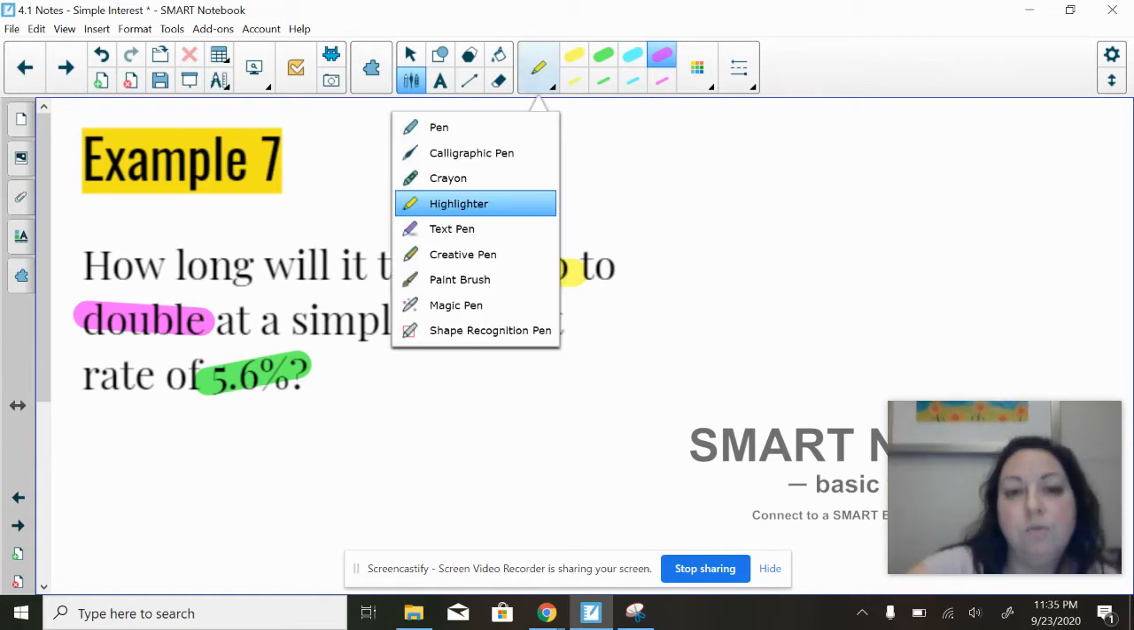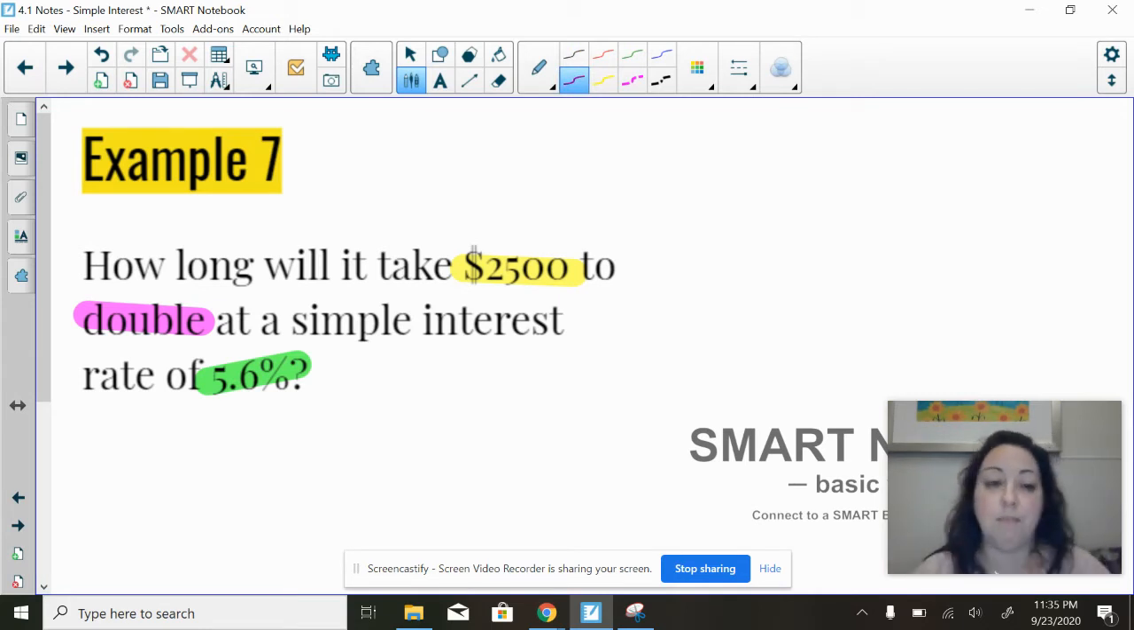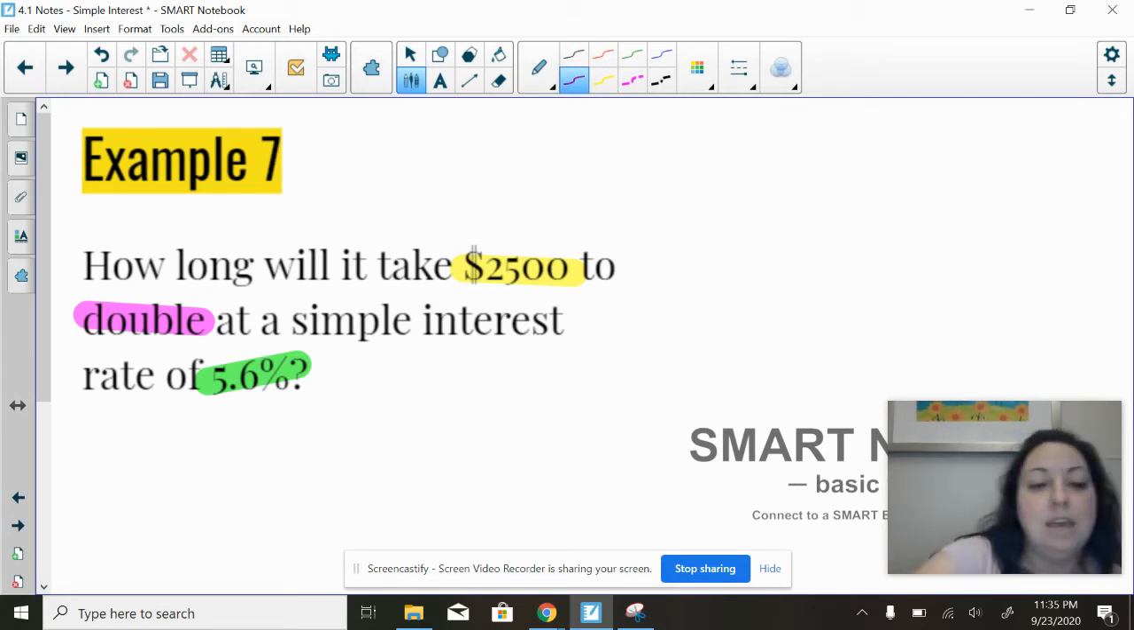So here's what that really means. When I see that word, I want that principal value to double, it means that my interest